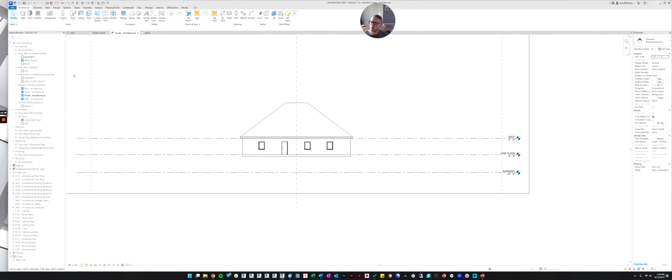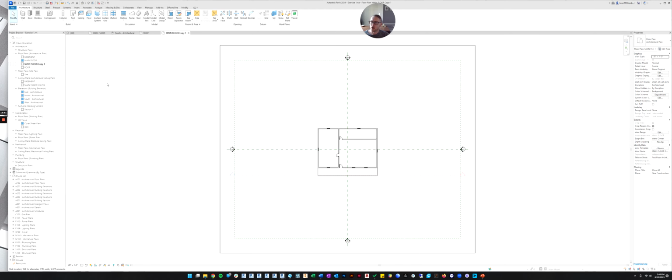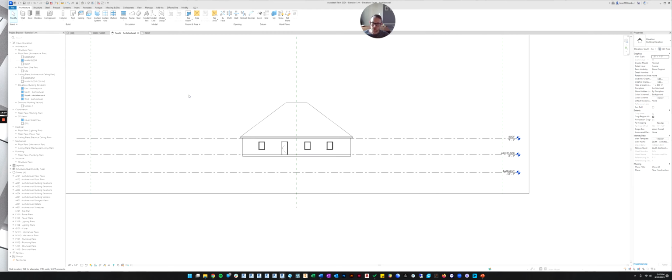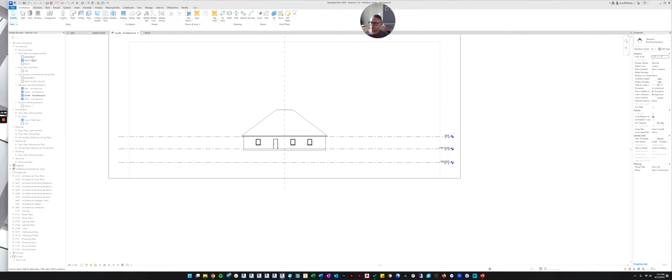Now, another way you can make a view is you can duplicate a view. So if we wanted two floor plans of the main level, I can come over here and right click and duplicate the view like this. And now I'll have two floor plans. I do this because sometimes I want a floor plan that shows furniture, like a furnishings plan. And then maybe I want a floor plan where I just do dimensions. So then I just do a dimension plan. And we'll get into that later. For now, I'm going to hit Control-Z to undo that. So now we have our basement plan, our main floor plan, and our roof plan.